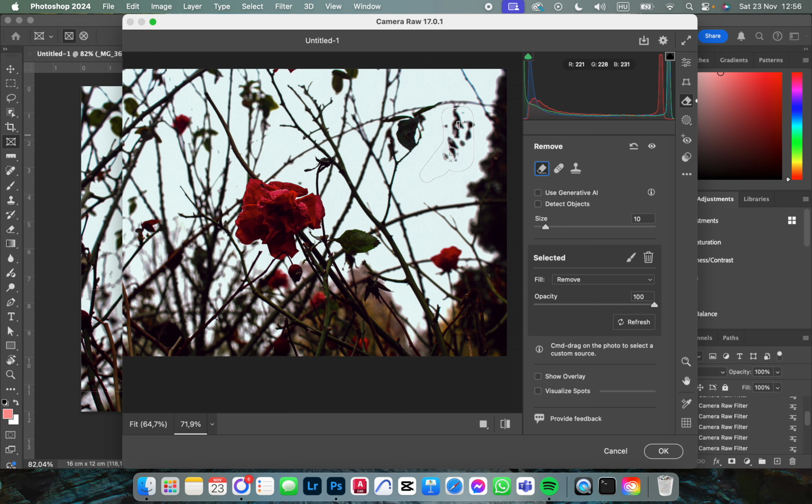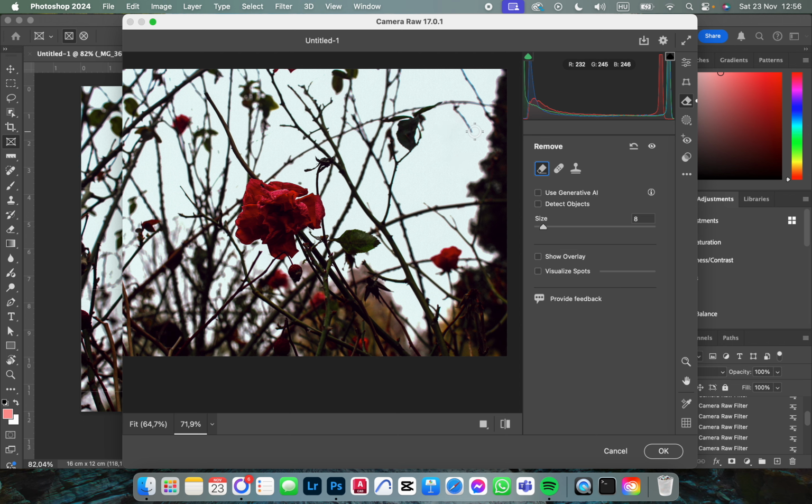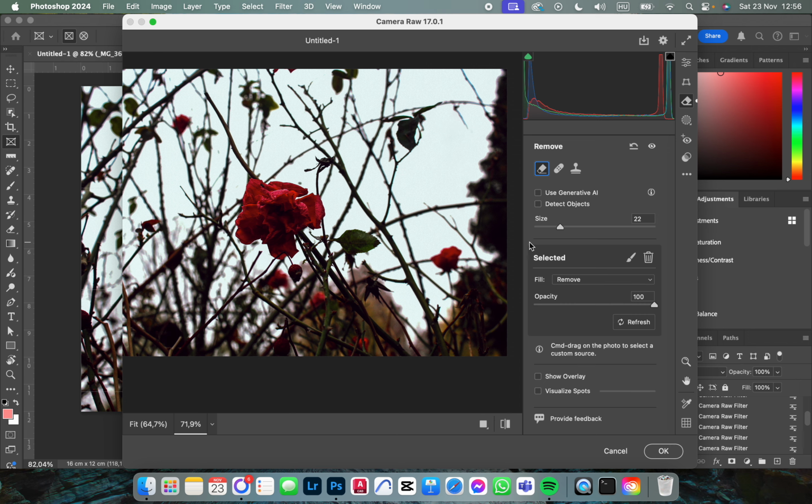These things, just brush over them like this, and then the app is going to try and remove it like this. That's it for